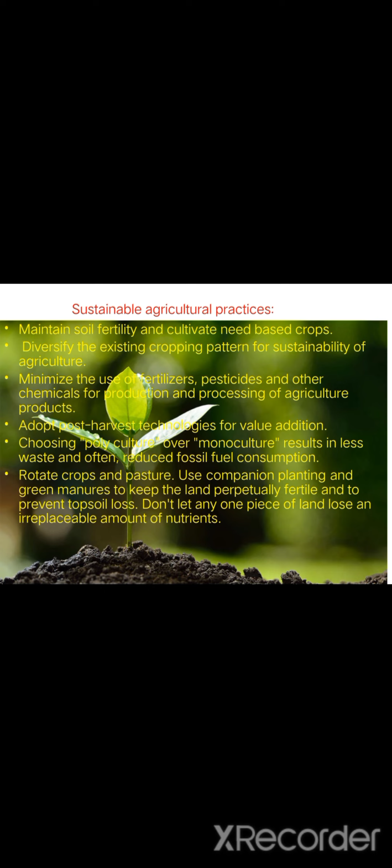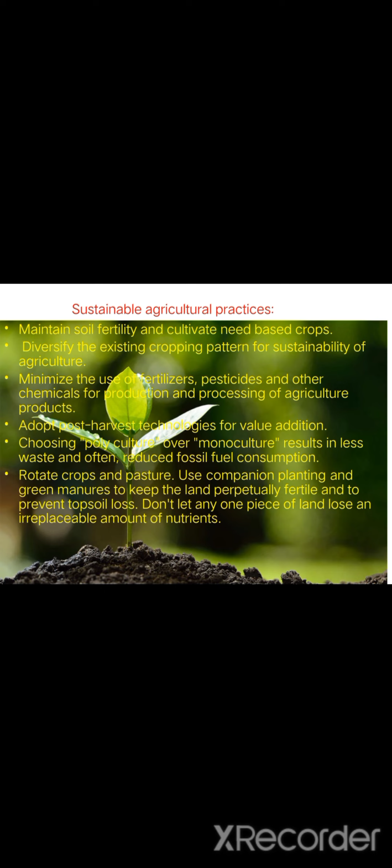Next is sustainable agricultural practices. Sustainable agriculture is a type of agriculture that focuses on producing long-term crops and livestock while having minimal effect on the environment. How can sustainable agricultural practices be performed? Control pests, usage of drip irrigation, then